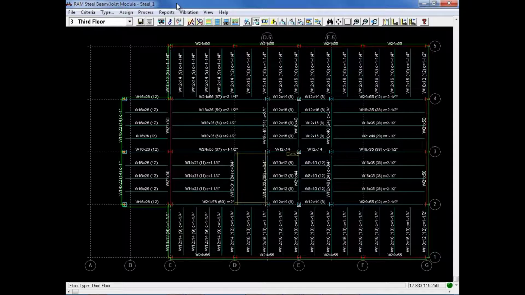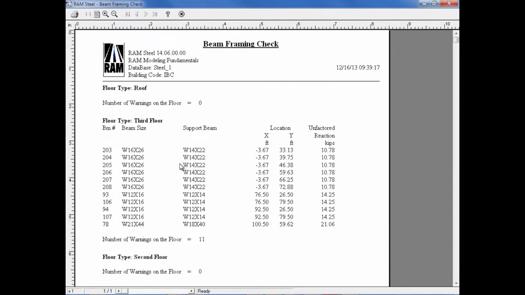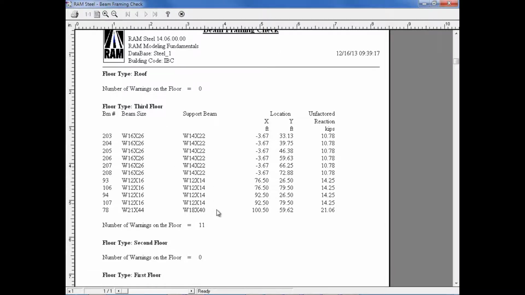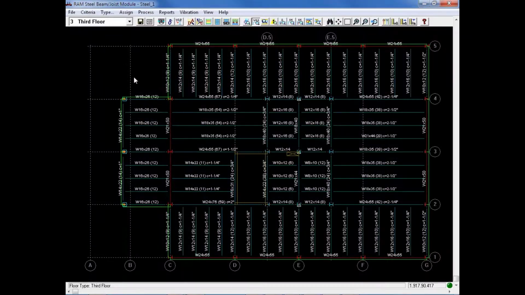In addition, we also have a framing check report, also available from our Reports menu. In the framing check report, RAM Steel Beam will report any location where a beam is deeper than the girder supporting it. This will not force a larger girder to be assigned to the particular member, but this is available so that we can view these situations to see if there are any girder sizes that maybe you'd like to deepen to satisfy this type of criteria if you're concerned about maybe some of your connections. After reviewing the beam framing check report, we will go ahead and click on an X,